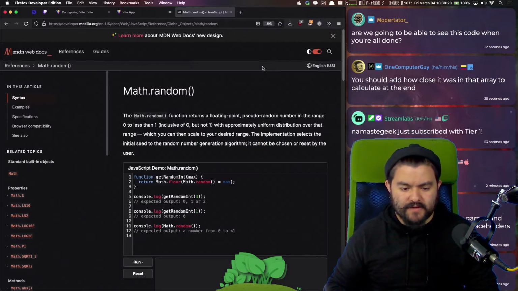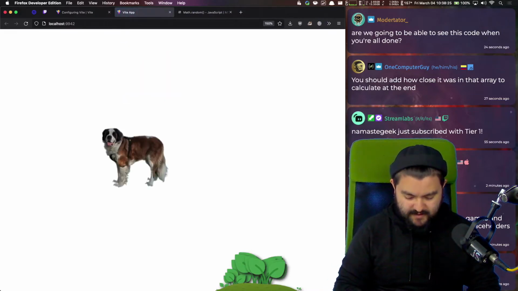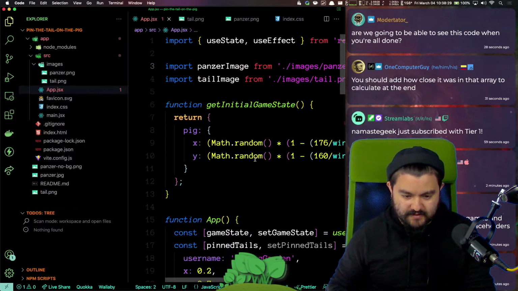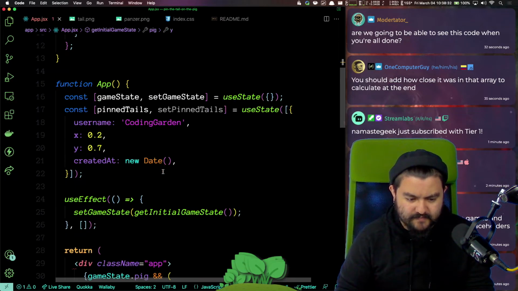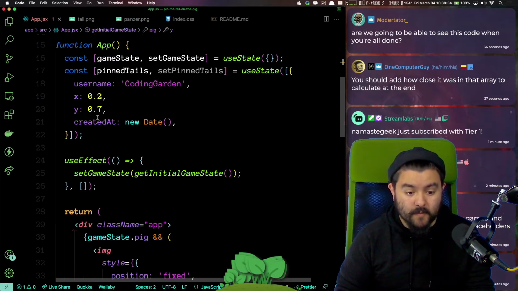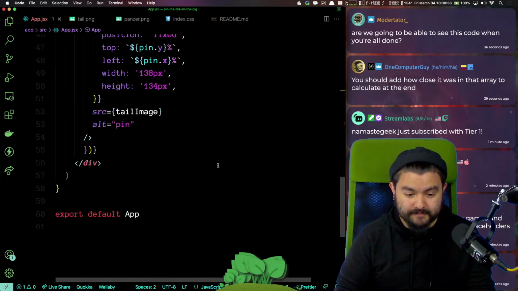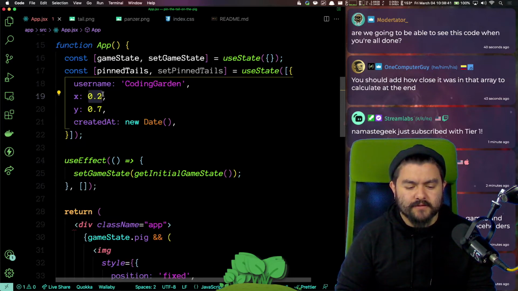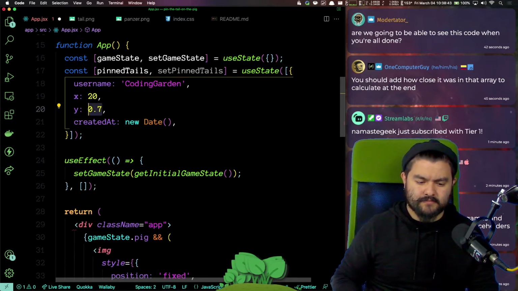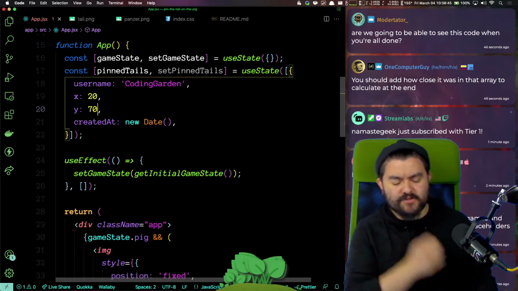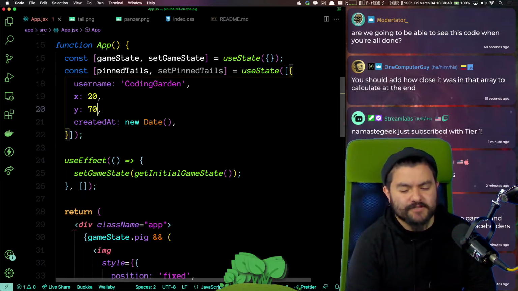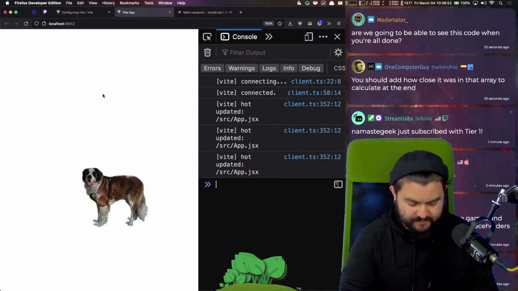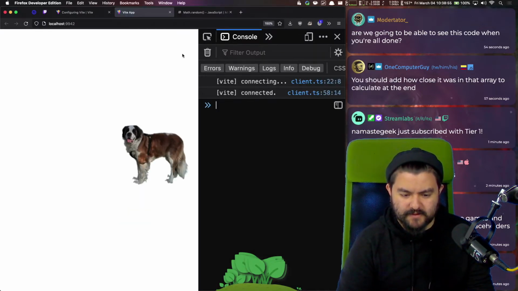Okay, so there should be a random tail on the screen, and there is not. We need to multiply this point value by 100. Actually, when in the chat, you'll specify a percentage without the percent sign, but a percentage on the page like that. Let's see what we got though.